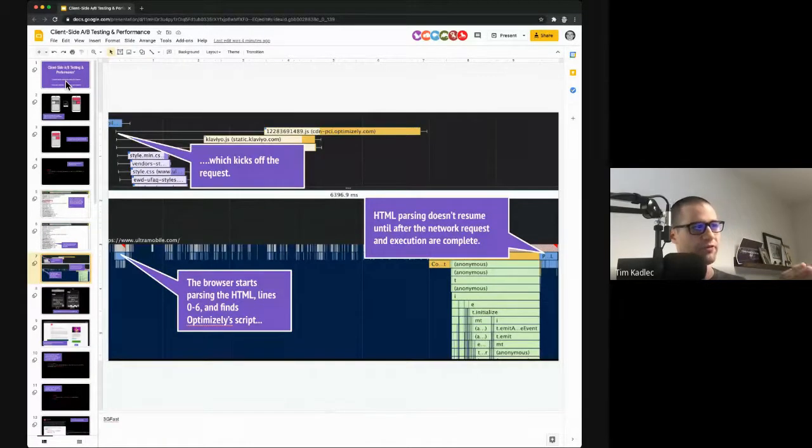This is a Chrome profile from the same trace, from the same WebPageTest run. So at the very left, the little blue marker, that's where we're parsing the HTML, lines 0 through 6. And you can see there that that's where it finds Optimizely's script, and that kicks off the request up above. Once the script has arrived, there's this execution chunk. And then right after that, that final little blue tab off to the right there, that's when HTML parsing picks